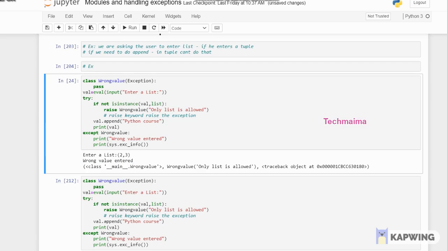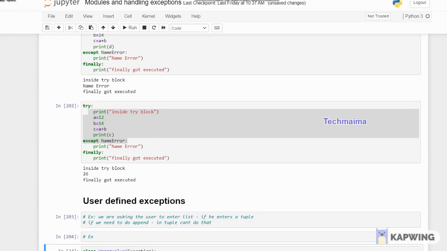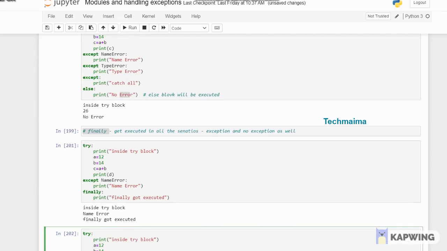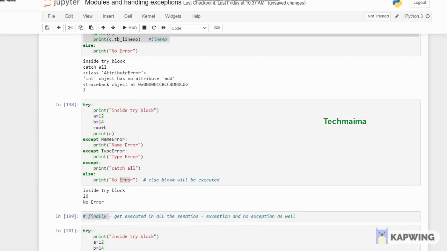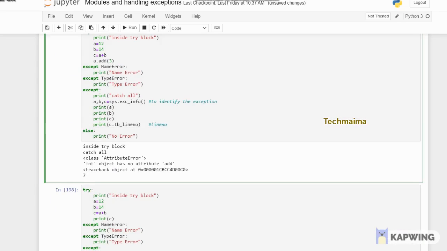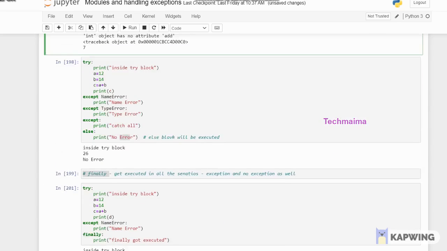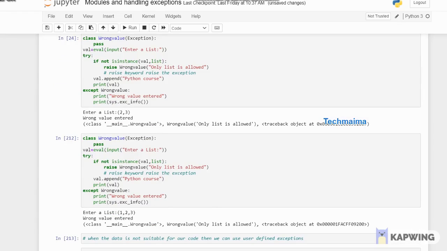sys.exc_info, I told you in the previous code itself, right? That will give you the line where the error actually happened. To identify that, we use it. See here, sys.exc_info, the same thing I used here. There I had taken A, B, C, 3 different variables; here I have not taken anything.